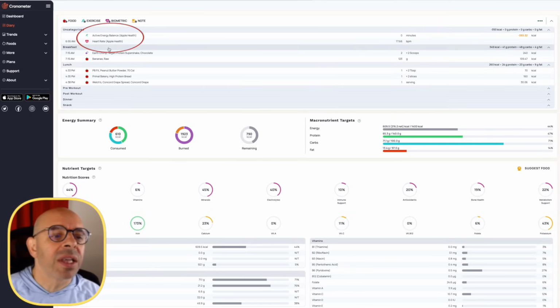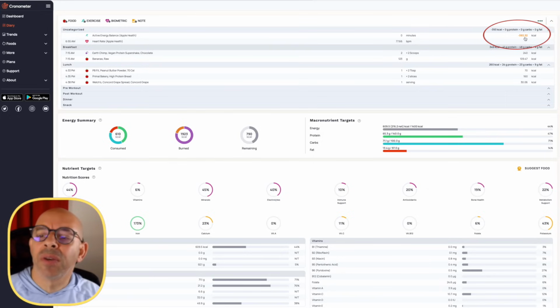You'll also notice that up here, it shows active energy, and all the way to the right, it shows 393.32 negative. It means it came off my number. It kind of gives me those calories back. So 393.32, that's my walking today. It's Saturday, but I had to work. We had a science fair at the school, so I walked around for 3 hours working with my students